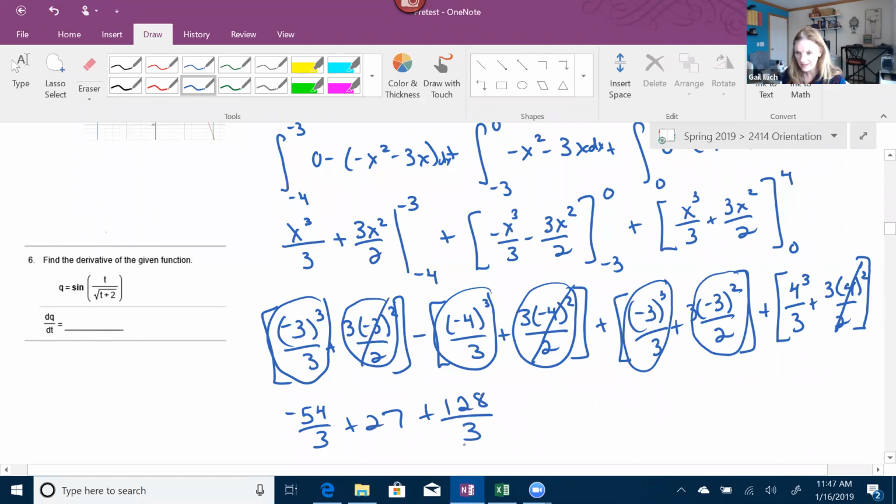It'll be interesting if I get this right. Okay, and so 128 thirds plus negative 54 thirds is,